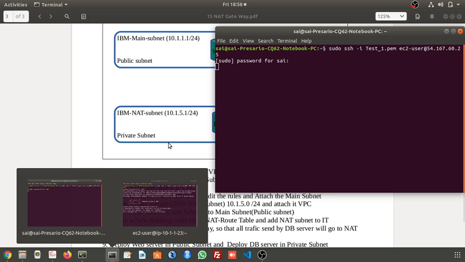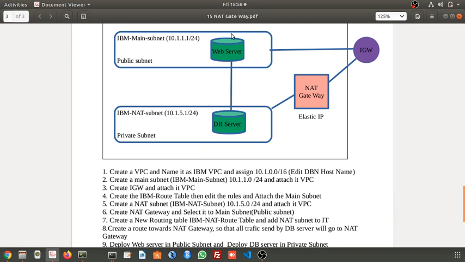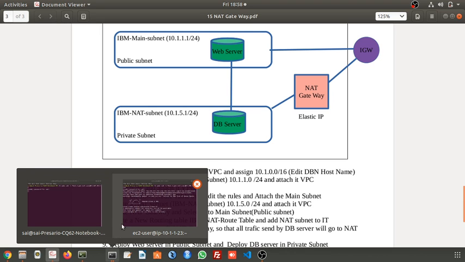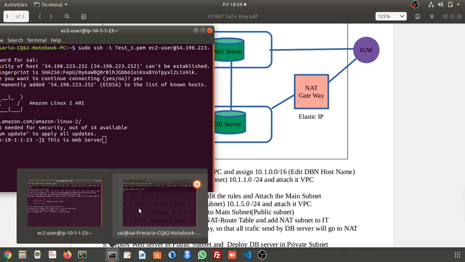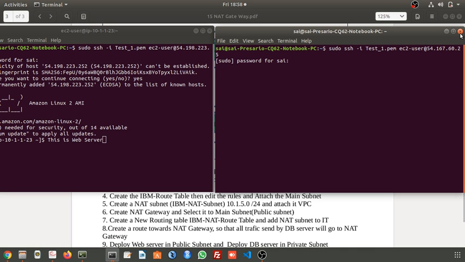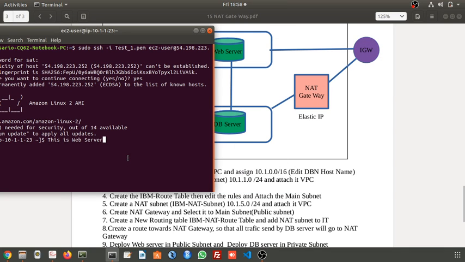These two servers can communicate with each other. Okay, let's see. Already we have connected to the web server. Now let's see the private IP address of the database server.